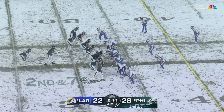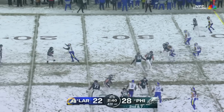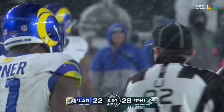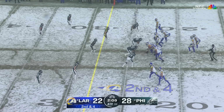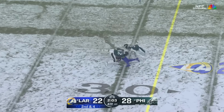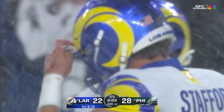2nd and 7. A fake to Barkley. Hurts being chased and trouble goes right down. The pressure was coming with Kobe Turner. It's a sack. It's a timeout. Doctor brings him down. Back at the 20-yard line. Time here. It's caught by Kupp. It's a first down for the Rams just across the 30-yard line. And that gets us to